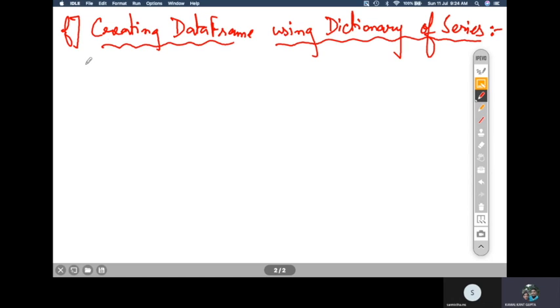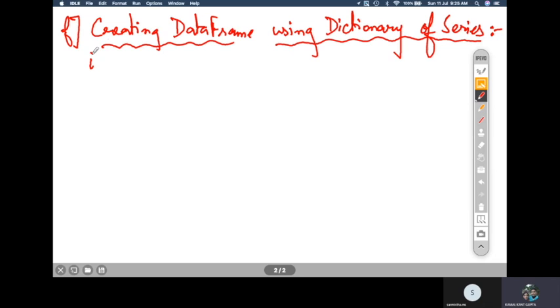So how to do that? First we have to create a dictionary in which we will create series. So let us create a dictionary first to keep the result.